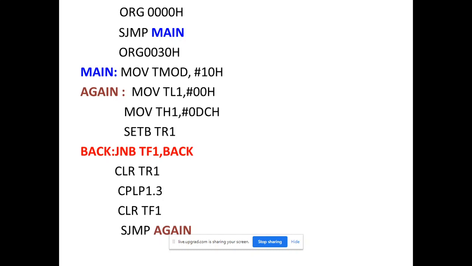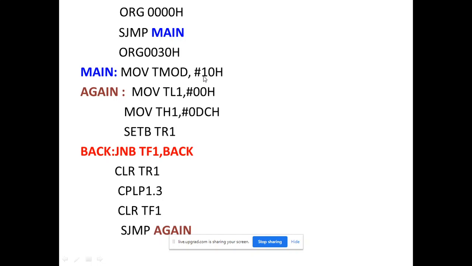The actual scratchpad starts from 0030H, and that's why we jump to the main label, which is located at 0030H. This is a common statement for all the programs. Then the main program starts at 0030H, which is the starting point for the scratchpad, which we use for writing our code.